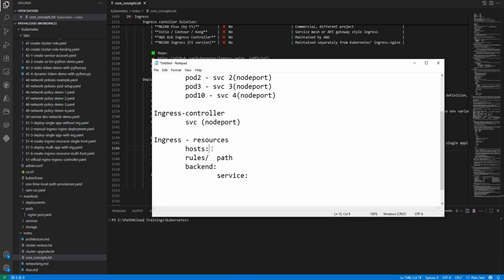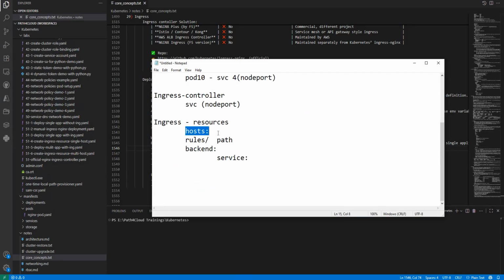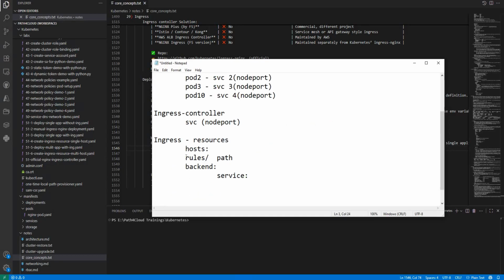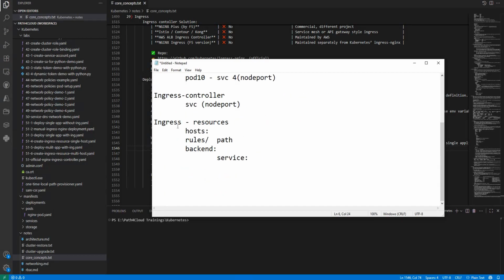You need to define a host. That means on which host you are doing this. Host is nothing but your URL where you are trying to connect. Then it should know, okay, if that URL is coming, then on which path I need to forward that request. And that path is running where? That path you need to define as a backend service. And service again is nothing but these services I am talking about here, right? So once that is done, you can access your application using this host,